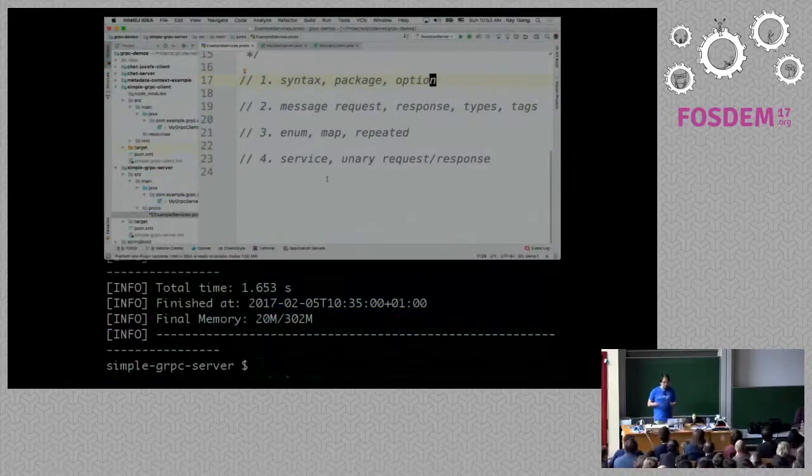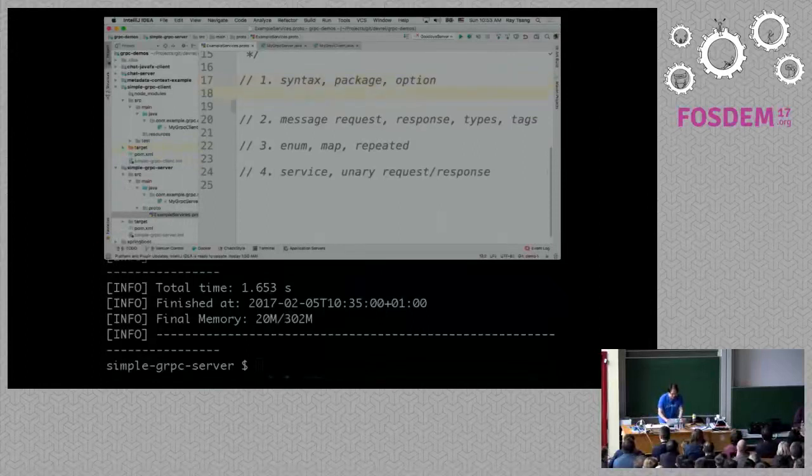Okay, so with gRPC, first of all, I'm going to implement a very simple client-server thing so you just get a feel. And then next, I'm going to do bidirectional streaming with a real-time chat application with gRPC. Hopefully I'll do that within the next 20 or 30 minutes or so. All right, hopefully, I said.